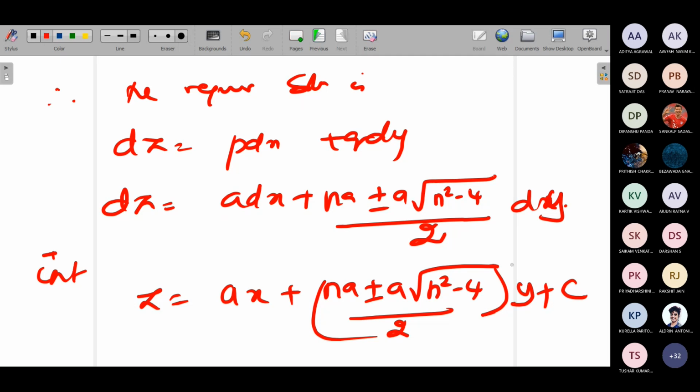So this is your complete integral for the problem. Just make a note of it, because sometimes they will ask you to find the complete integral for the following. Simply they will question you like this. Okay, that's all. We'll wind up here. We'll do the other types in the next class.